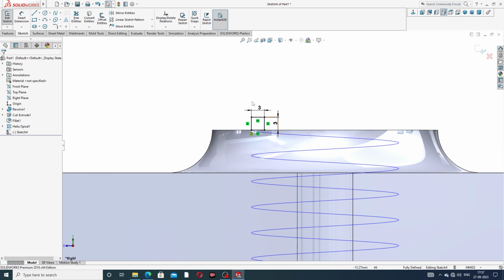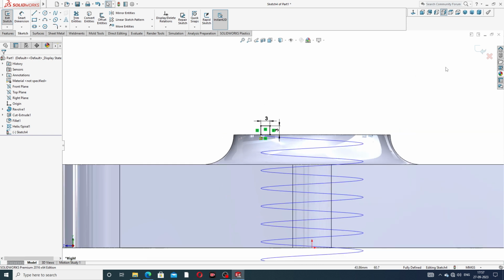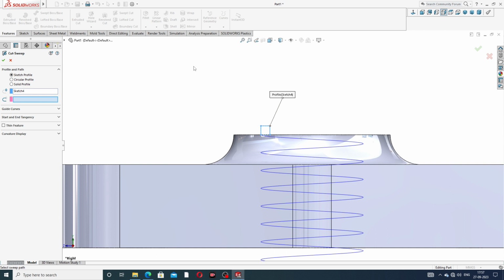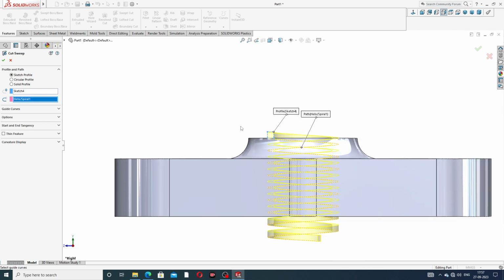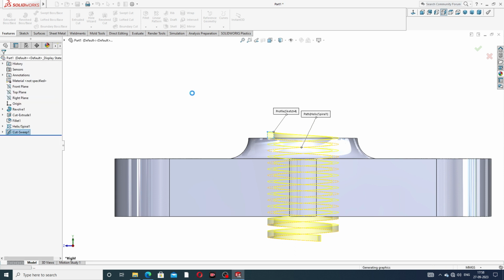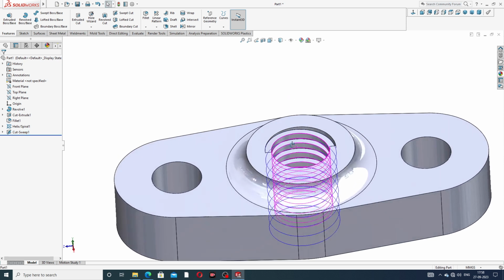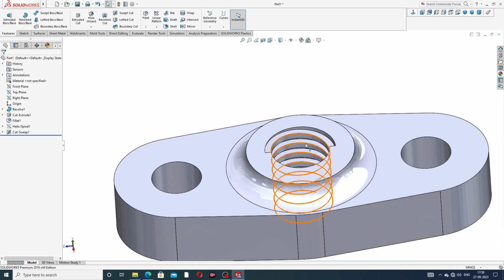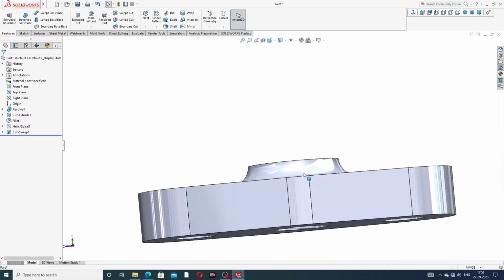Okay, this is black color, which means this is also fully defined, and exit, and use a sweep cut. In sweep cut, the profile is selected automatically here, and the path is this path. Okay, all is perfect, and all is correct, and click OK. Okay, this line is hidden, and this thread is also drawn here easily and clearly,